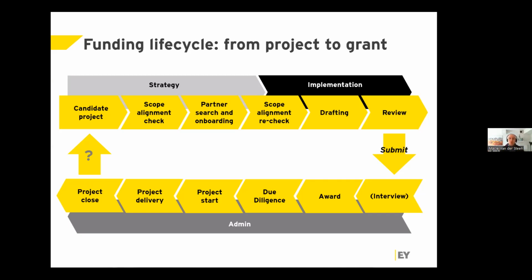Then before you actually start to move into the implementation phase, which is really the writing, you again want to test the scope. And I know we're banging on about this a little bit, but the scope is the central piece of what makes your project fundable. Once you know your scope is okay, and once you're ready to start writing, what's really important as well is to be able to capture your project in a fairly high-level, top-down, simplistic way. So have a 1-paragraph description of why your project is impactful,